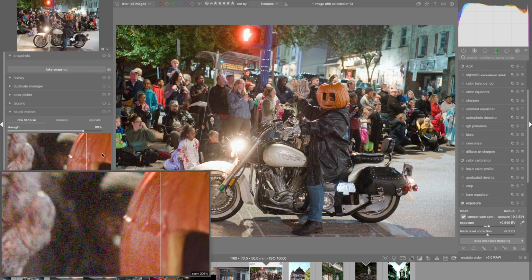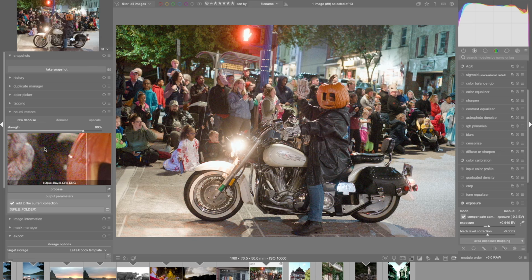It's as if it goes back to a baseline of ISO, trying to get the cleanest image possible, which means that later on you could always lift up the shadows a little bit without the risk of gaining back some noise, which is not the case when you work on the different modules in the pipeline on the right. So once you are happy with the strengths, you can just click on process, and as said, it will generate